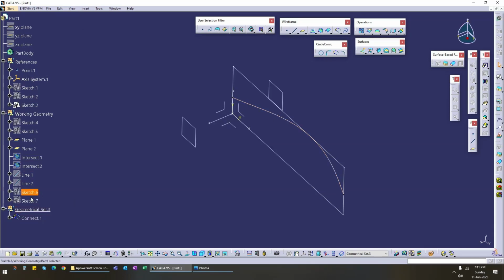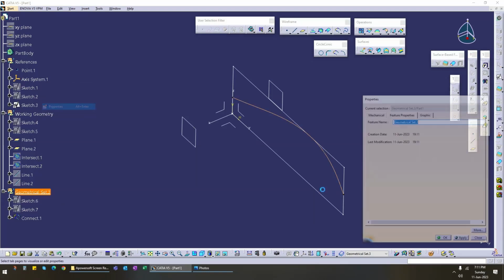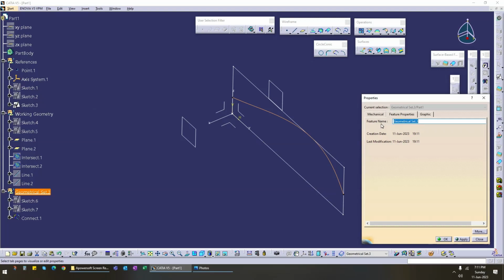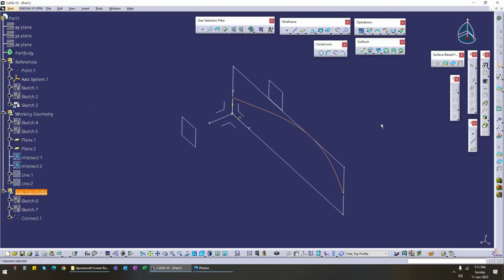So we move all these things here, okay, and we can rename it, saying it is the side top profile,